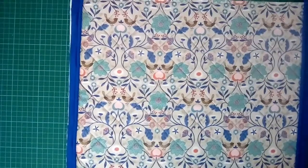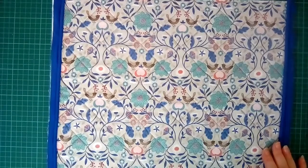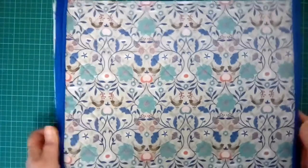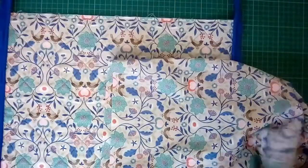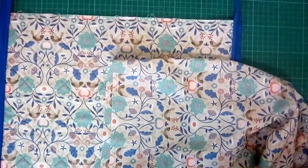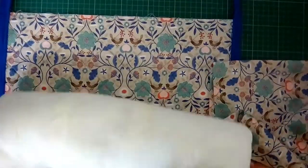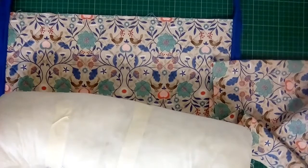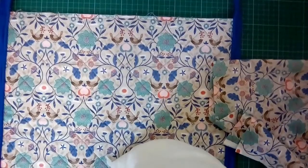Now the next thing we need to do are the end parts of the cushion, and I was thinking, yeah, now I'm going to do it in the same fabric, but now let's get our little bolster back again, and I'll take a measure, wherever he's gone. And looking at the end of it,